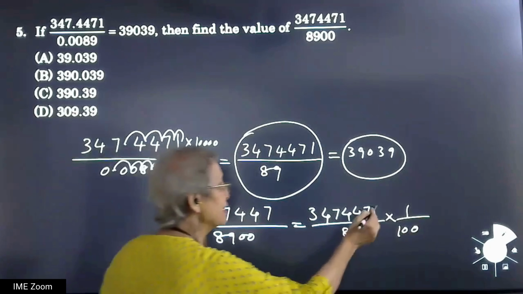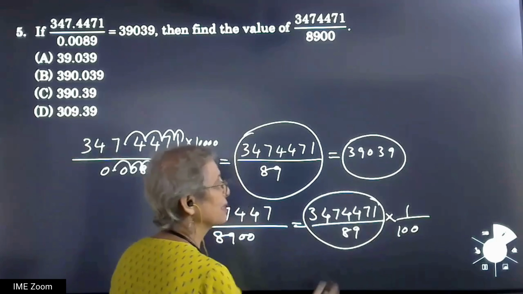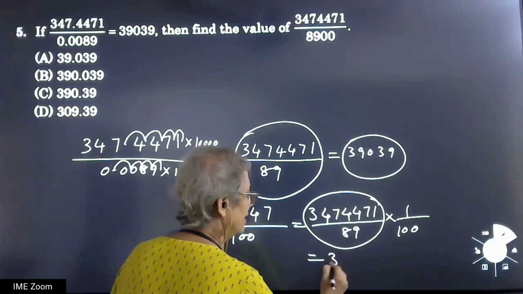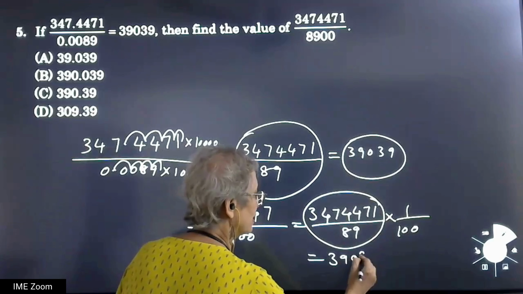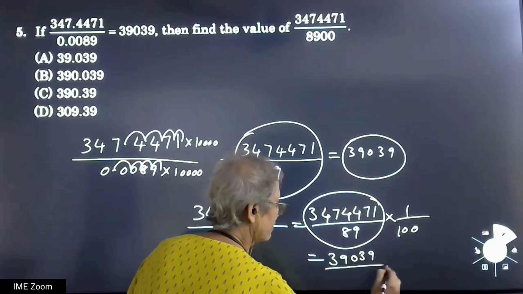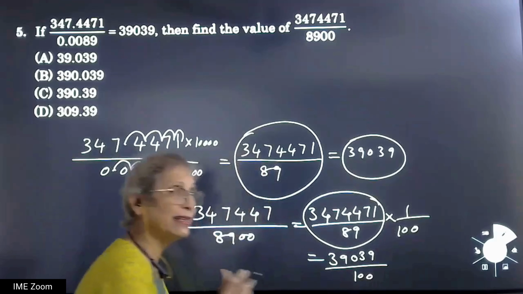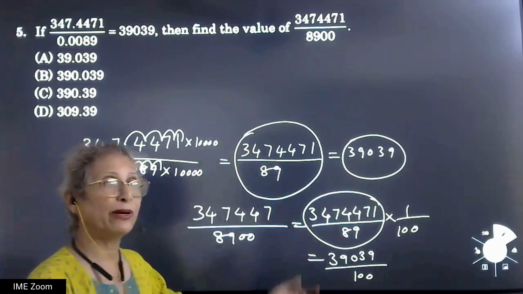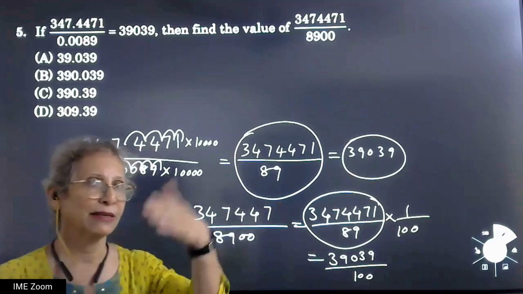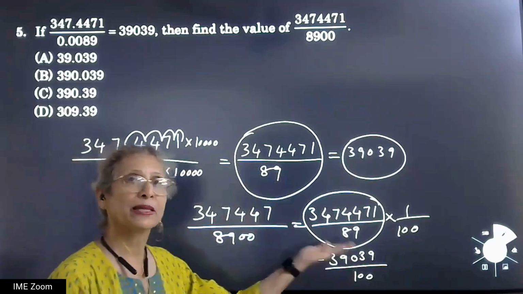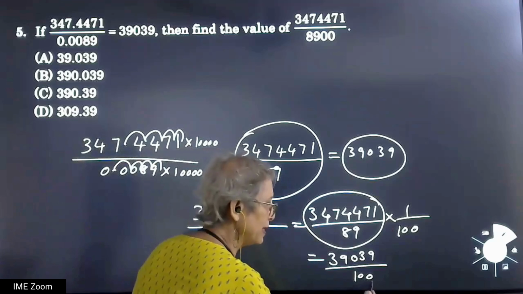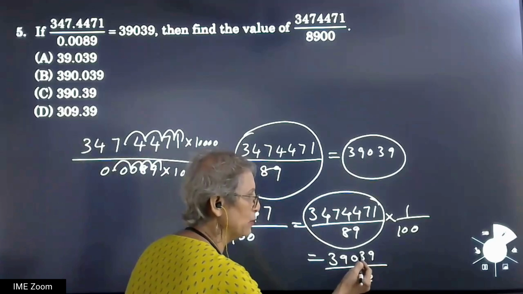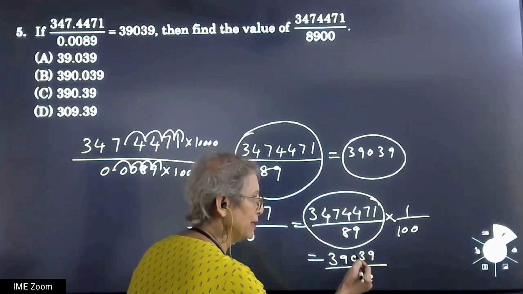Because this result we have is 39039, and this 100 we have to take in the denominator. So now we are dividing this number by 100, 2 zeros. So shift decimal point on which side? While doing division, we shift decimal point in the left side. And how many places? 2 places. So skip 2 places. Decimal point will be